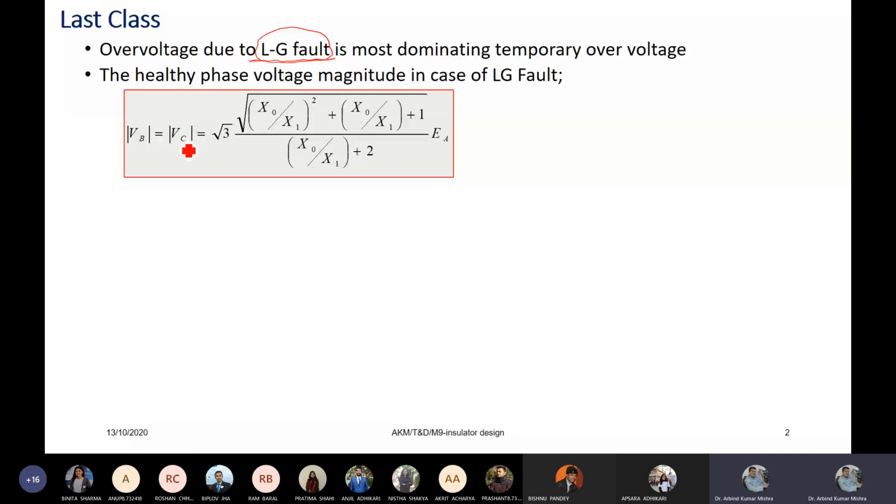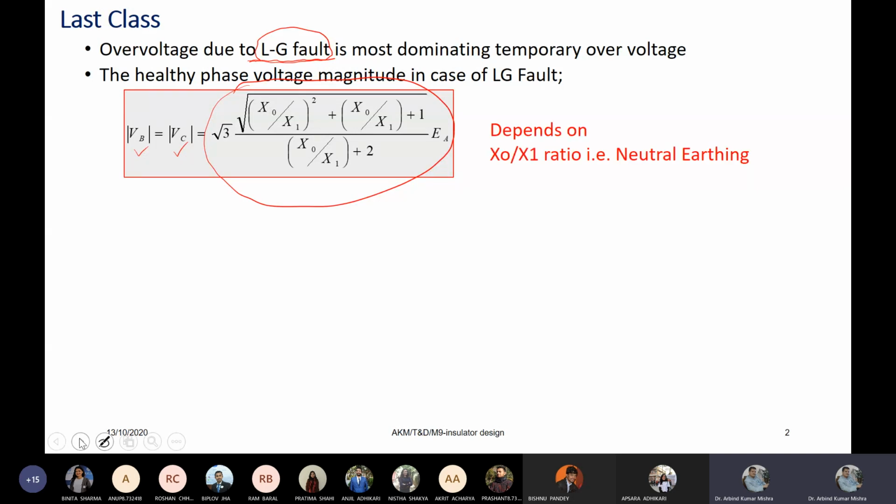Though in phase the voltages B and C will be slightly different, in magnitude both healthy phase voltages in case of single line to ground fault have the same value, and it depends mainly, as you can see in this expression,